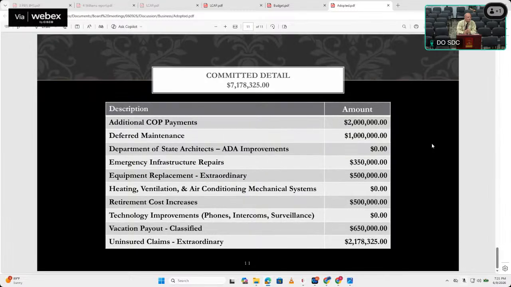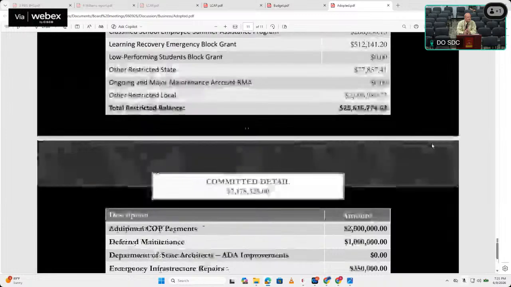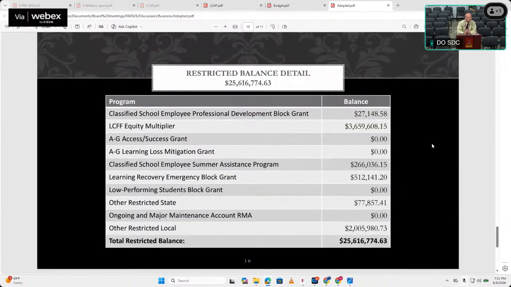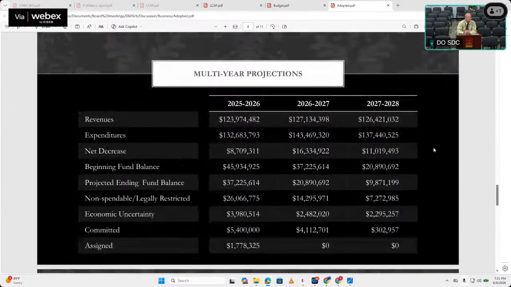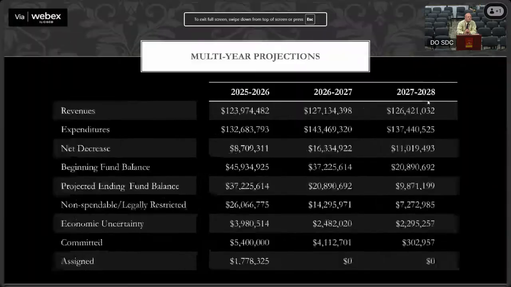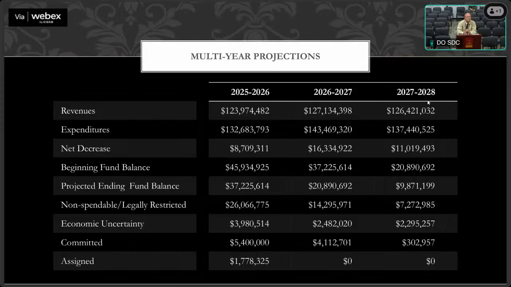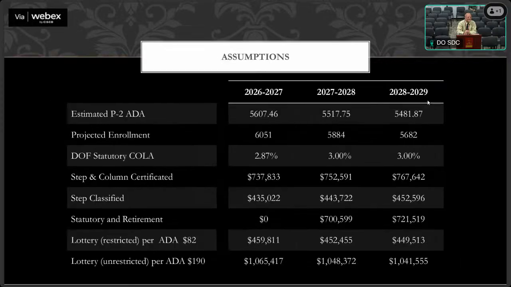Alex, could you do me a favor and go back to slide 8? I just want to clarify so it's clear. Slide 8 is supposed to be 2026, 2027, 2027, 2028, 2028, 2029. I just want to make sure it's clear to the board that it's probably just a typo. The slide before that, the assumptions, are 2026, 2027, 27, 28, 28, 29.